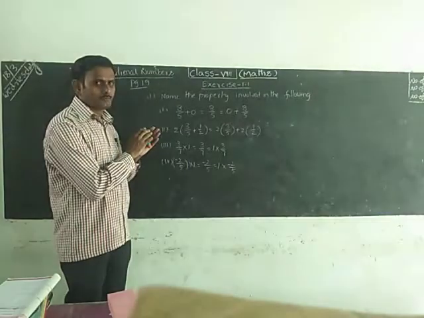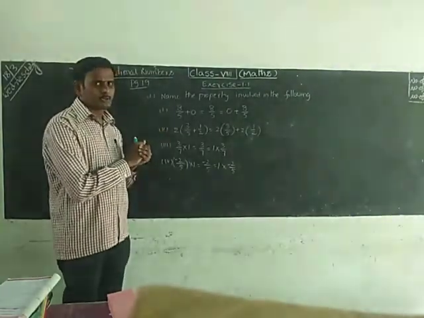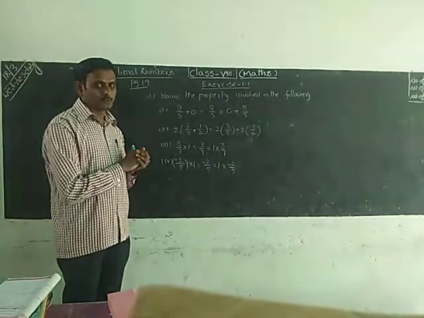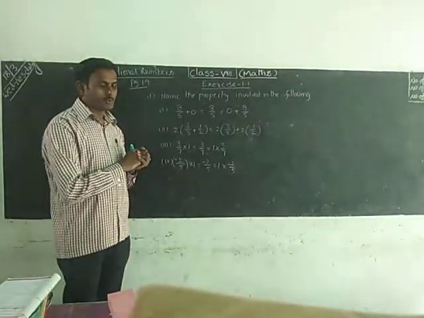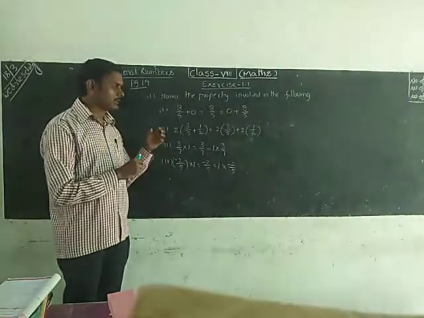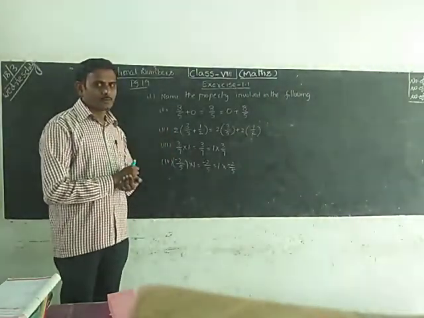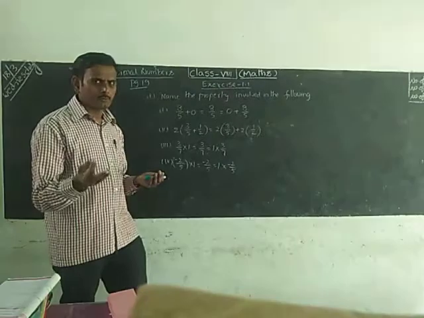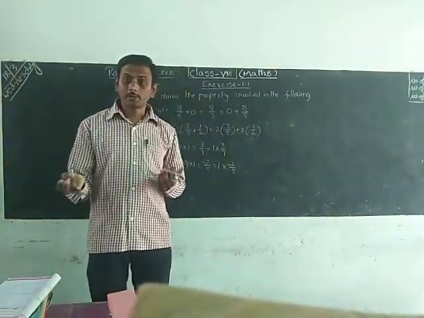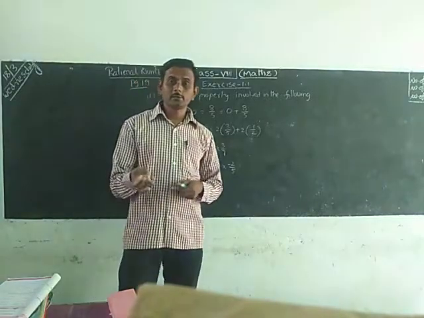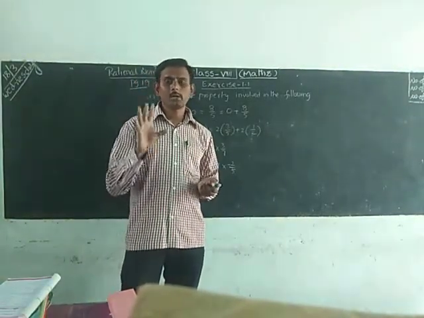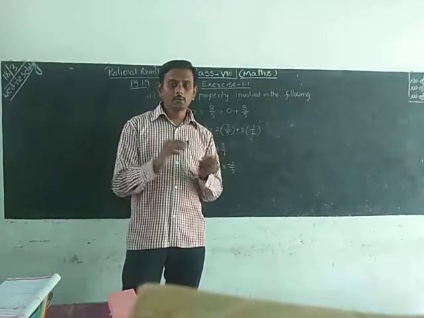This seems to be very simple, but two years before, a 4 marks question was given in an essay exam. Very easy question. Identify which property it belongs to: closure, commutative, associative, identity. Identity means multiplicative identity or additive identity. Inverse means multiplicative inverse or additive inverse. Or the distributive property. We have to identify among these properties.